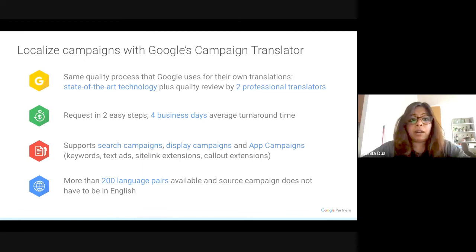And this is where localization of campaigns becomes very easy with Google's Campaign Translator tool. Your account teams should be able to support you in requesting this translation on your behalf with a turnaround time of 4 business days. It's very high quality translations that you would receive across 200 languages or the languages of your choice. And this is supported across search, display, and app campaigns in terms of ads, keywords, site link extensions,